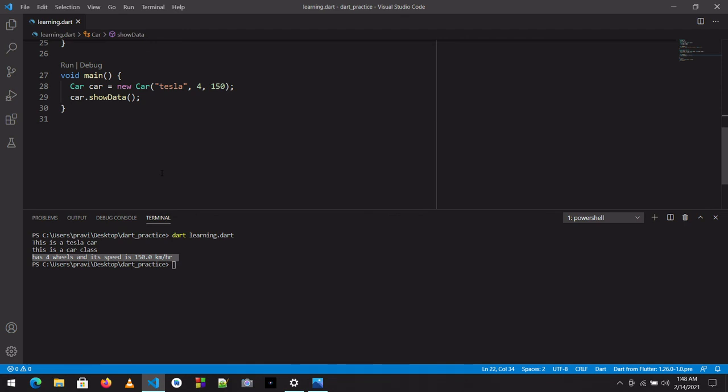And if you want to go deep into it, you can go to the dart.dev web page, and you can find different examples and some tough, higher level examples to understand it better.